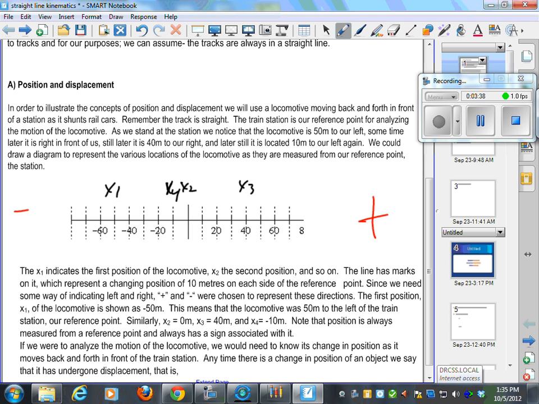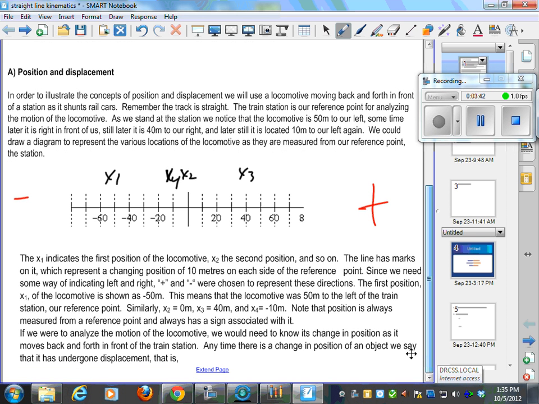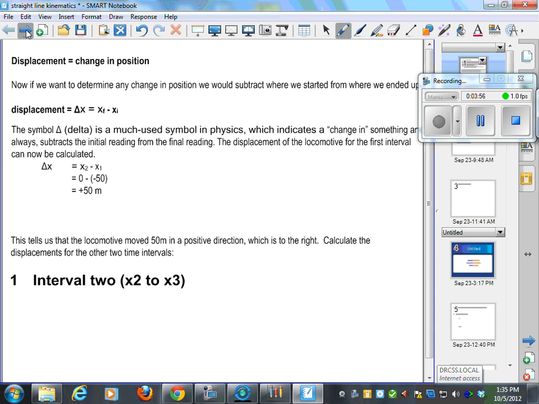Now, if we were to analyze the motion of this locomotive, we would need to know its change in position as it moves back and forth in front of the train station. Anytime there's a change in position, we say that it has undergone displacement. A change in position is referred to as a displacement. And I'm now going to give you a formula that you saw previously in the vector stuff, right? Displacement is a change in position. And if we want to determine any change in position, we use this formula here, which says displacement,